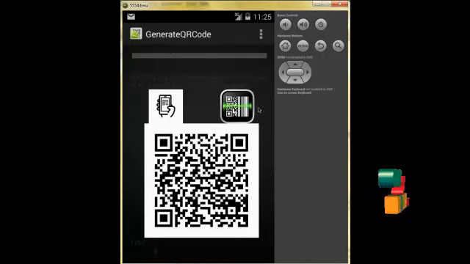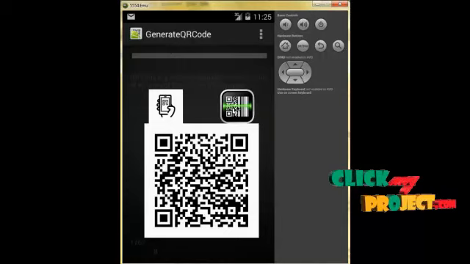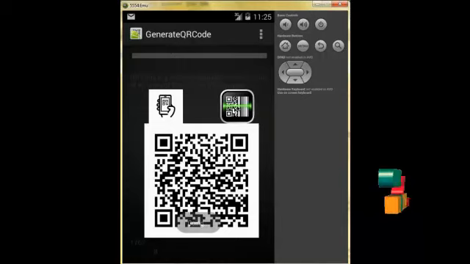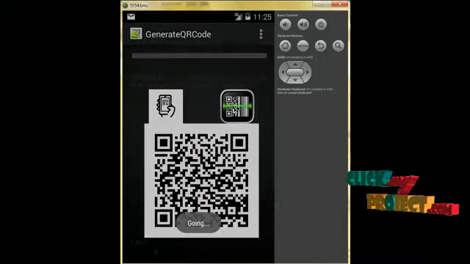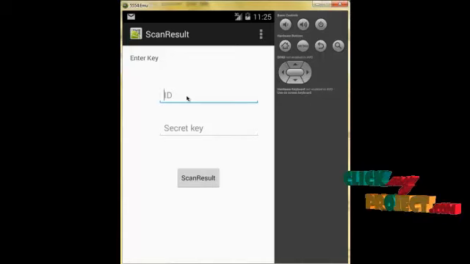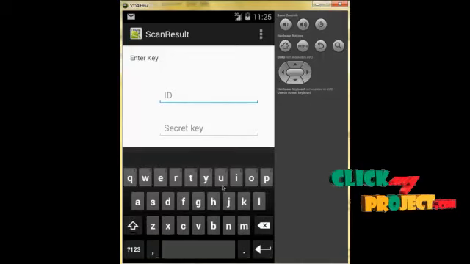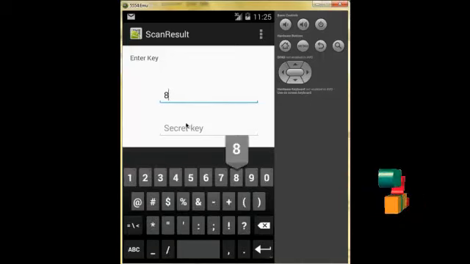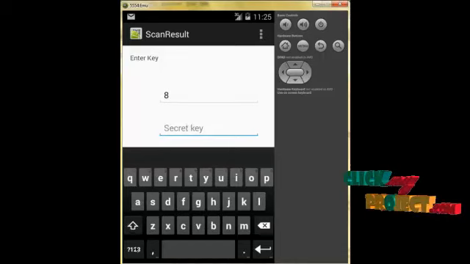Then when we click on this scan button, it will show our scan details and get the information. Our ID is 8 and the secret key is 1767.